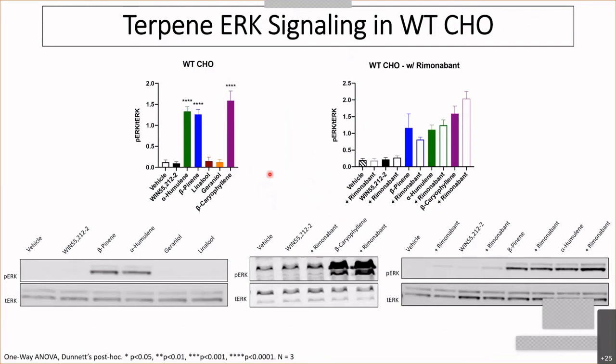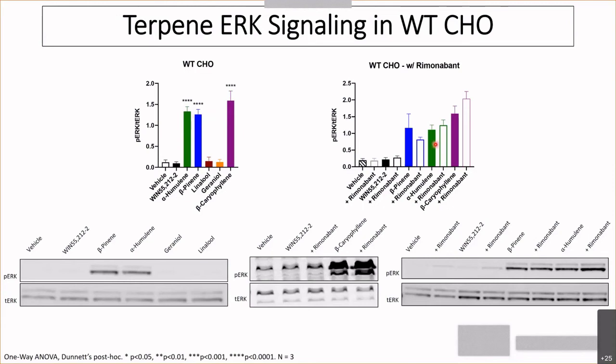However, we also found in vitro evidence for polypharmacology. So remember, we have this idea from our in vivo studies that the terpenes are engaging multiple receptor systems to produce different effects. And so this came, first of all, when we counter-screened our terpenes in a wild-type CHO. So these are CHO cells not expressing CB1 or any cannabinoid receptor that we're aware of. Win55212 positive control, 0 stimulation. Interestingly, linalool and geraniol also 0 stimulation. However, alpha-humulene, beta-pinene, and beta-carotene control all produce strong stimulation of ERK, just as strong as it did in the